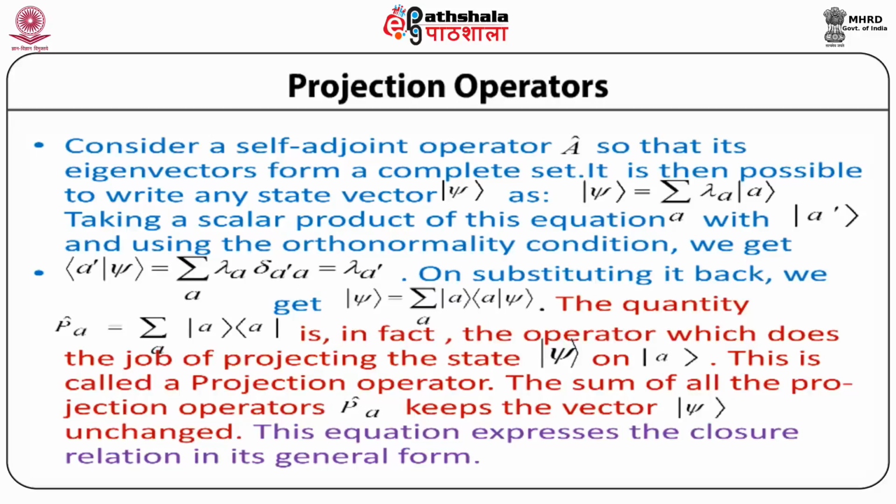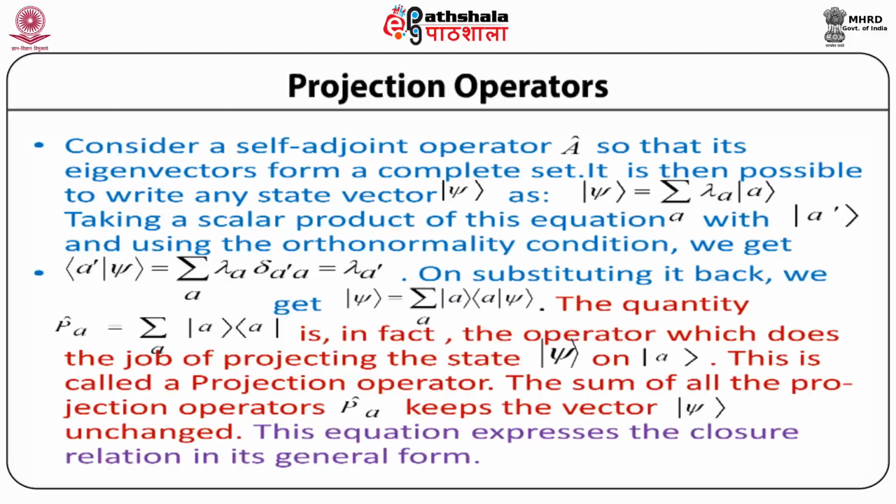It is then possible to write any state vector ψ as |ψ⟩ = Σ_A λ_A |A⟩, where λ_A is a scalar. Now, taking a scalar product of this equation with the ket vector |A′⟩ and using the orthonormality condition discussed earlier, we get